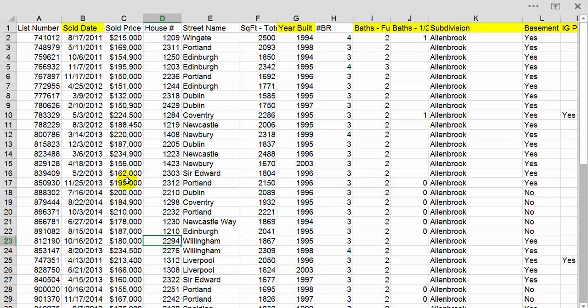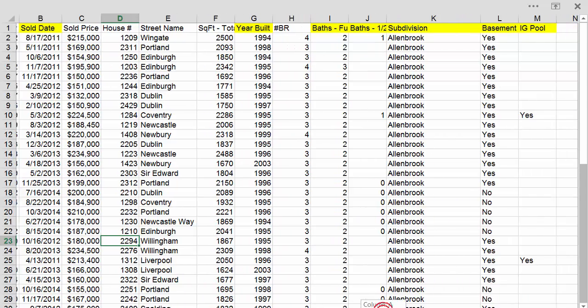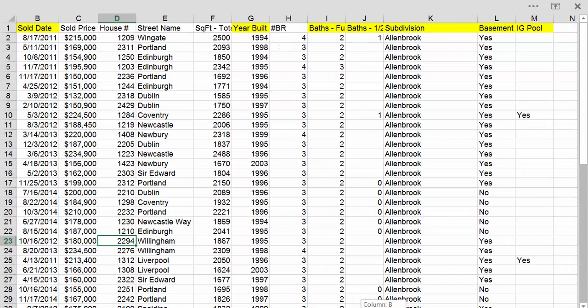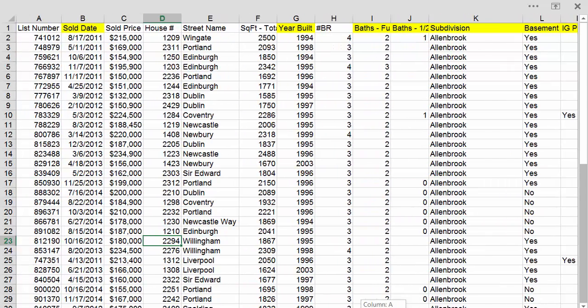Now in exercise 5, we have some real data, and you'll notice that I have some things marked in yellow because my tip to you is, if you have to scrub data in your software, if your regression program doesn't scrub it for you, I like to mark them in yellow so I can't forget them. So let's just go ahead,